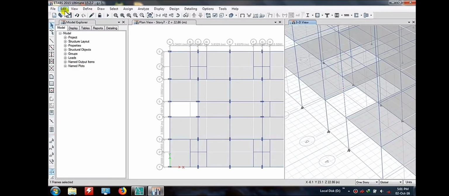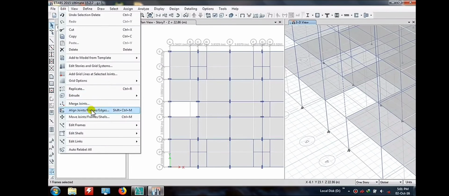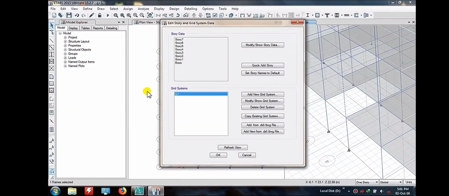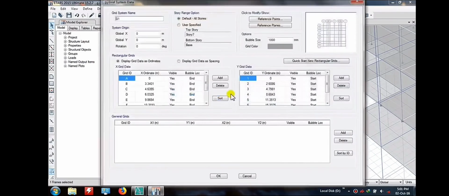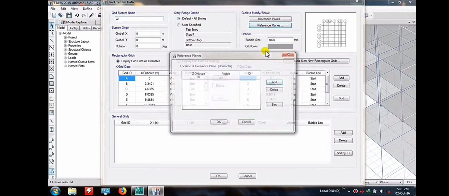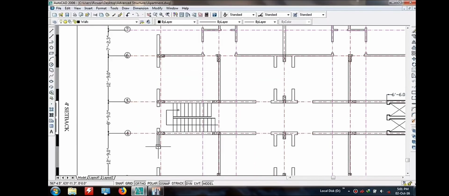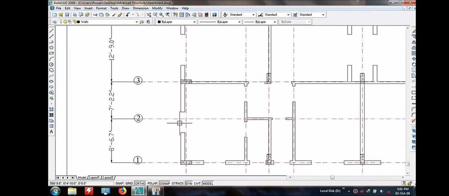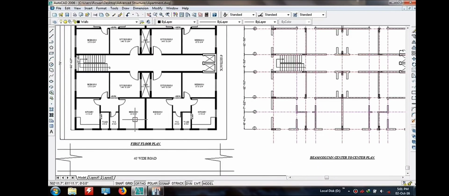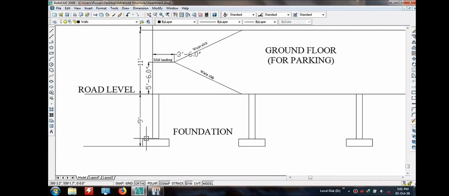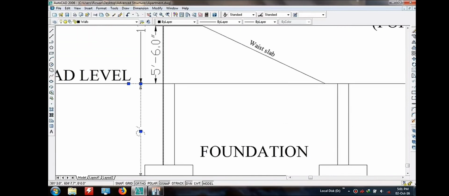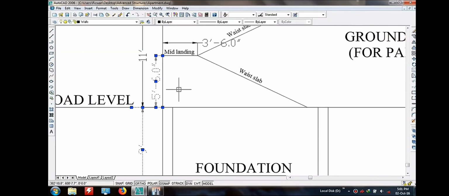So here we are going to assign one more grid system. Why are we assigning one more grid system? Because we have to give the landing, and for the landing you have to define one more grid system here. So I am adding one more grid, and the size of the grid is similar to what was given in my story height, 9 plus 5 feet 6 inches.